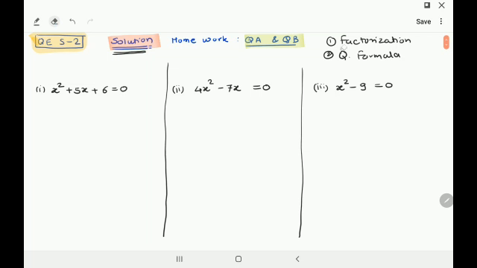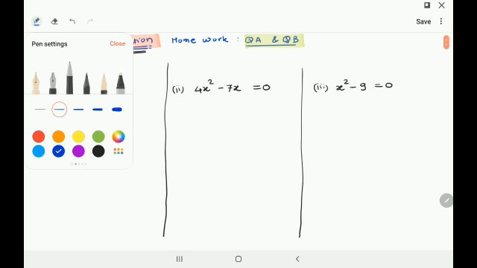Okay. But the basic method, like in linear equations where the basic method is the elimination method, here the basic method is the factorization method. Got it? So let's learn the factorization method today, and that's the first page you can see here. I have chosen three equations. Let us check first of all whether they are quadratic or not. Okay, yes, they are quadratic. All are quadratic. I hope you understand that.